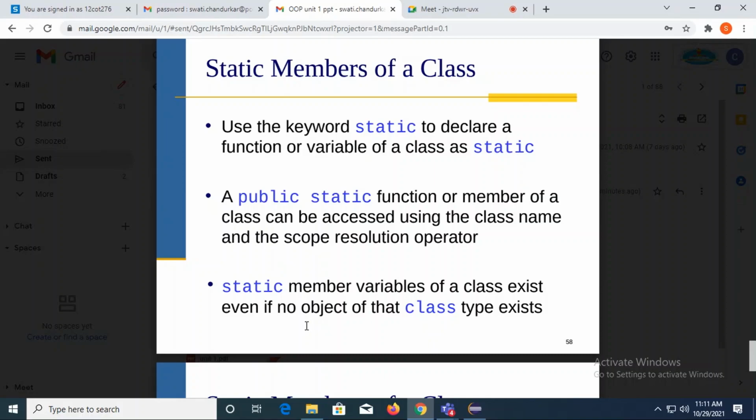So I'm relating the static keyword with the memory allocation for that particular variable, or it may be for the function. Where I'm using that static, it depends. If I have used the static keyword with a variable, it will talk about the storage allocation of the variable. If I apply static in front of my function, I will say that function is static. That means its memory is static.